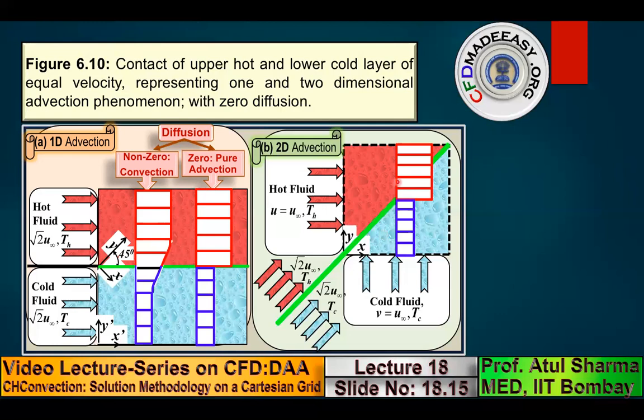Later on, we will use various advection schemes like first order upwind scheme, second order upwind, and QUICK scheme for solving this problem. And I will show you that first order upwind scheme leads to certain numerical diffusion, whereas the QUICK and second order upwind schemes lead to certain unboundedness in the solution.